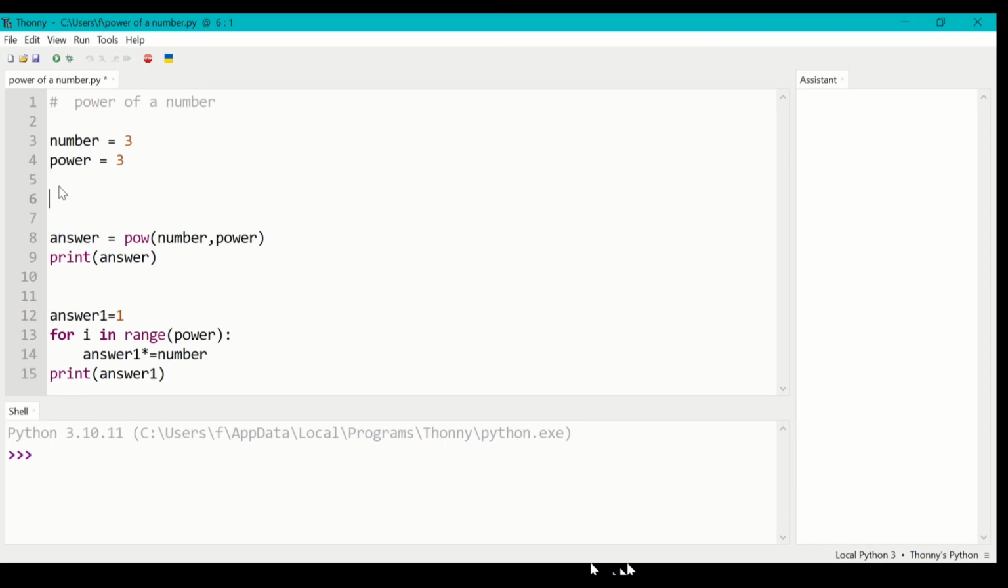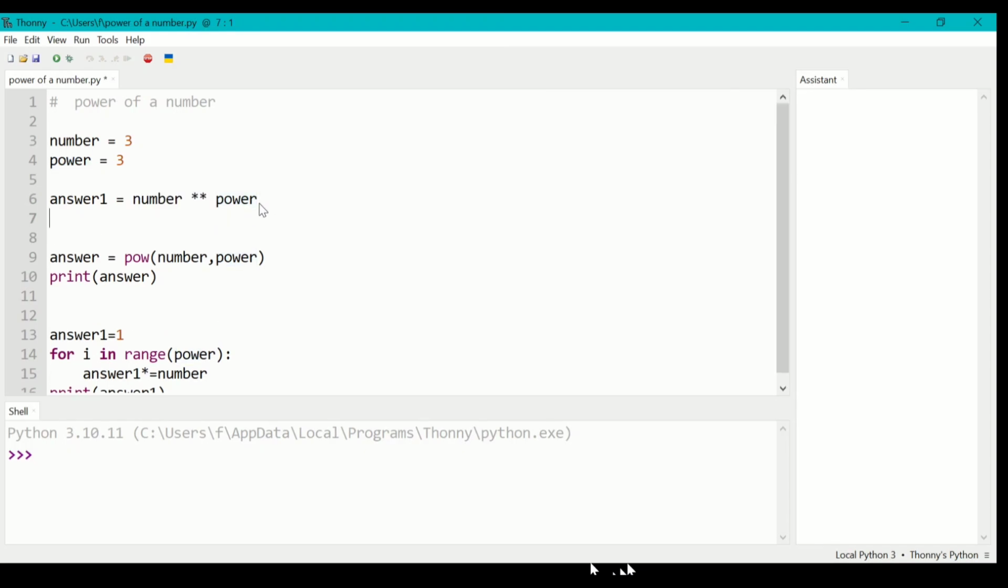Whenever we need the power of a number, what we will do is make answer 1 equal to 1, and multiply the number by itself, power times. So this is a way to get the power of any number. It's a general approach, right? So when we print this